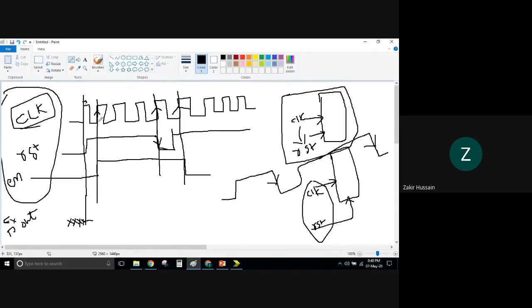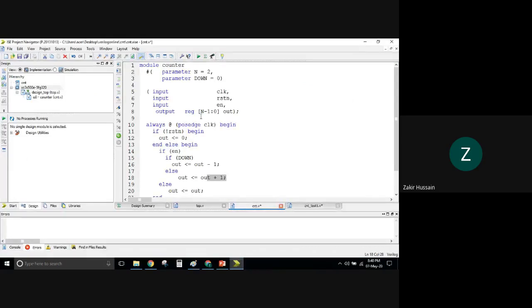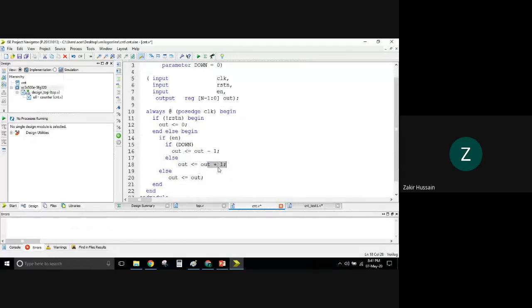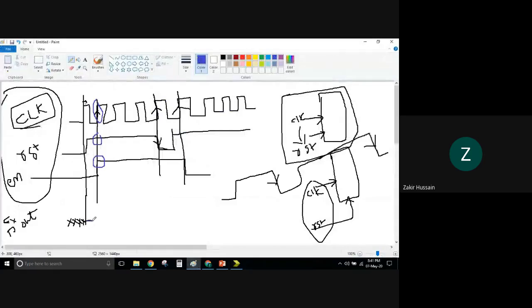Next, when this positive edge has come, and your reset is high, and your enable is high, count depends upon your down. What is down in our case? Down is 0, so it should be up count here. Since it is 0, now at this point it will become 1. So I'll put 1 here.